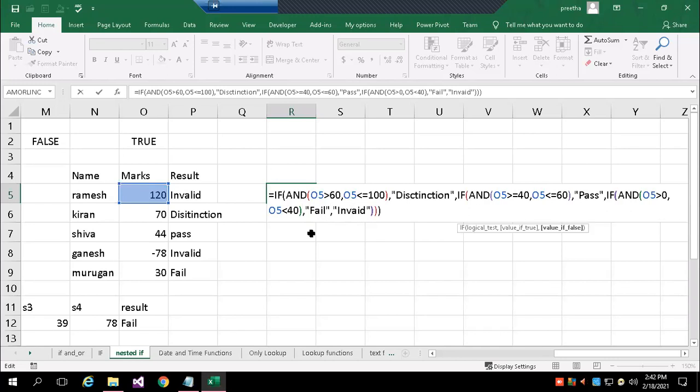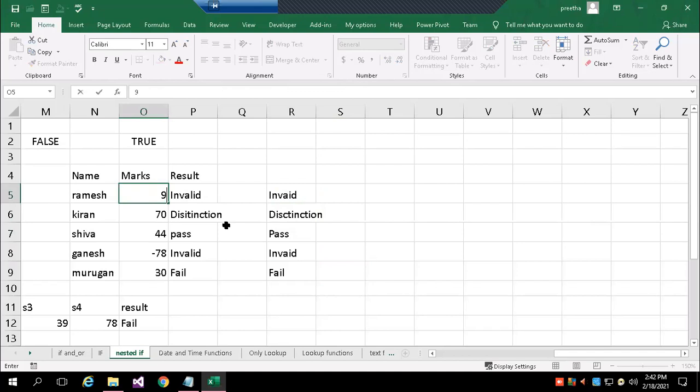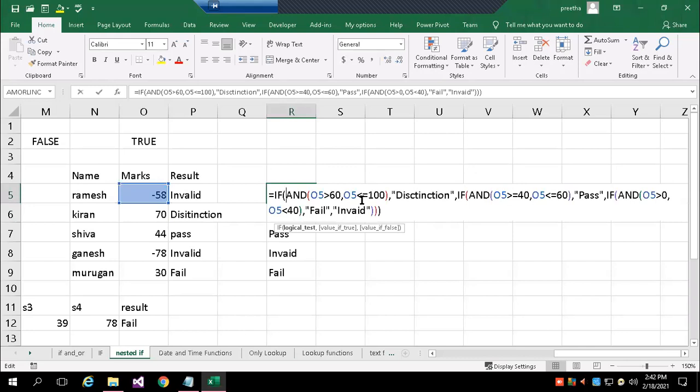So clearly watch the formula. Now I'm getting invalid like the previous result. Once I drag down to where I have marks, I will get the same result. So any time I change the value, I'll get different results. Above 100 will be invalid, below 0 also invalid. Anything I give in negative ranges is also invalid. It looks a little bit complicated by seeing it, but once you start, it will be easy.